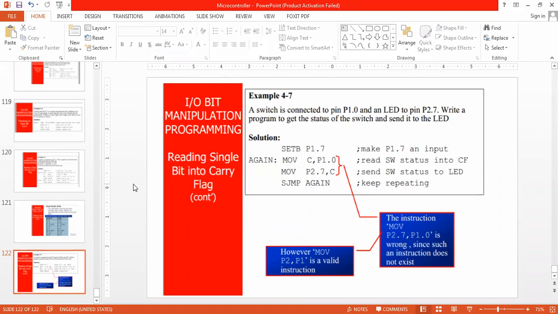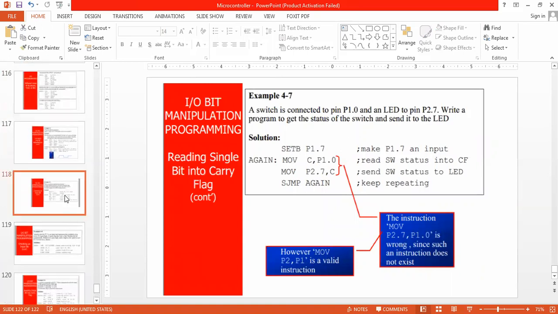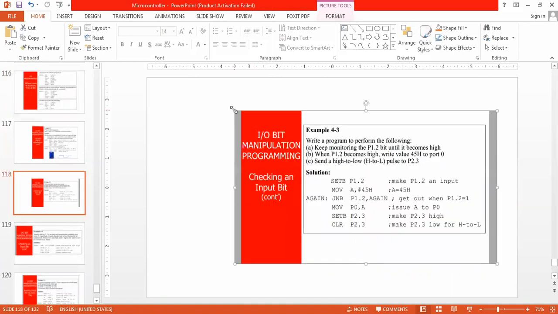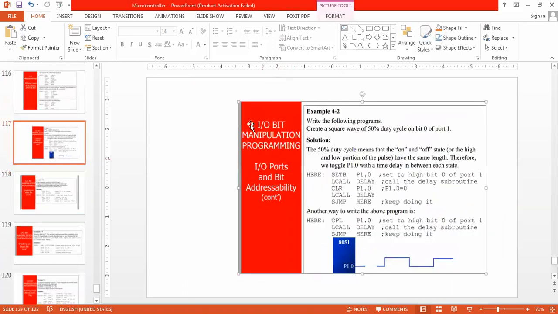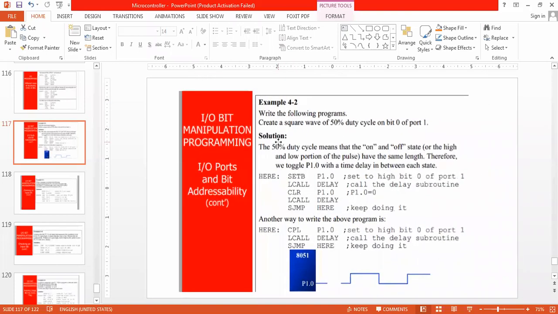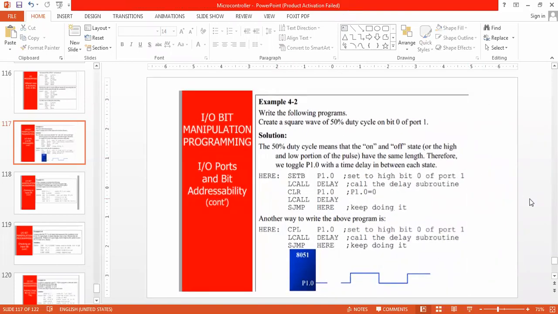I will share the notes by today. I consider the third module completed. Okay. You have to go through many of the examples to understand how to write the programs. If at all you have any doubts, you can clear them with me.